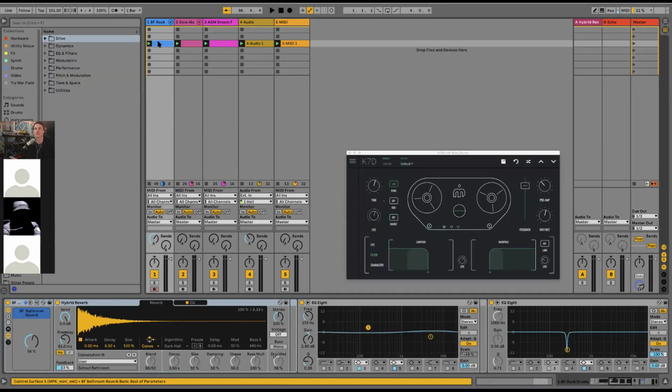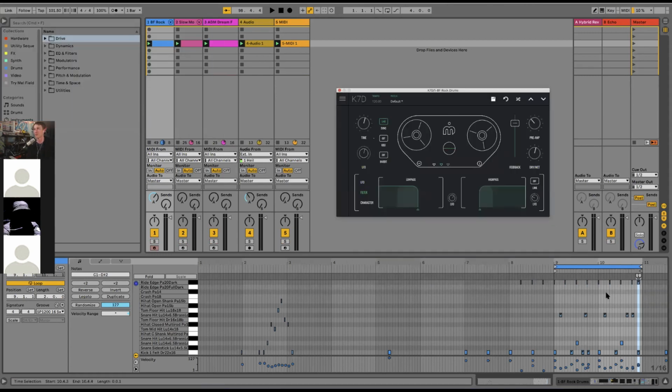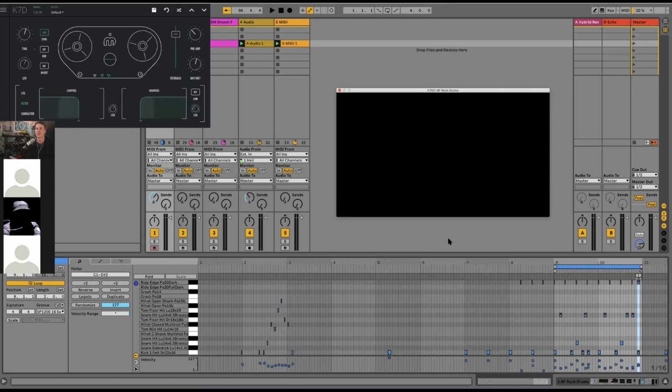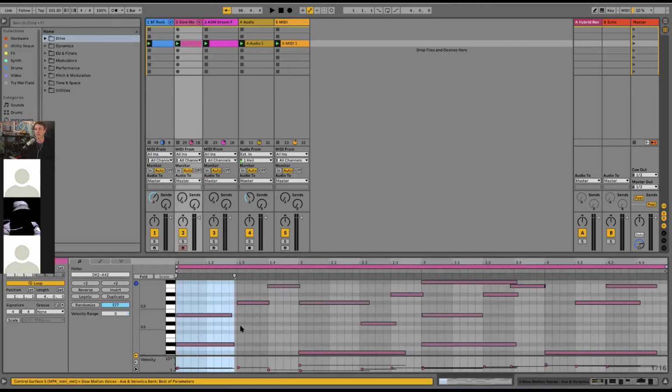I think part of what makes this, if you really look, it's just a 4-bar loop, and even the drums I think are only 2 bars. Yeah, the drums are only 2 bars, and the rest is 4 bars. But because of some of that probability stuff, it doesn't really feel so loopy anymore because the drums are playing something different every single time. Did I do anything to these? Maybe not this one here, but